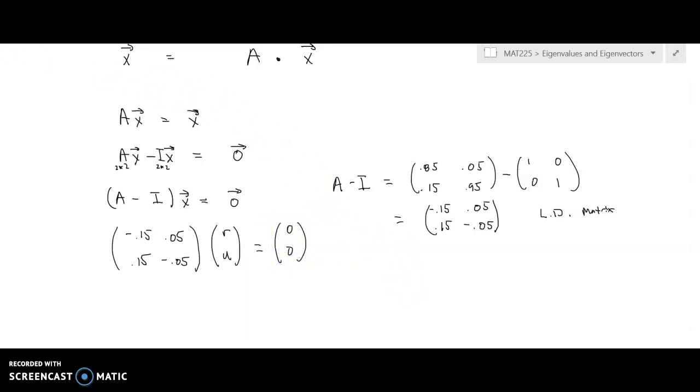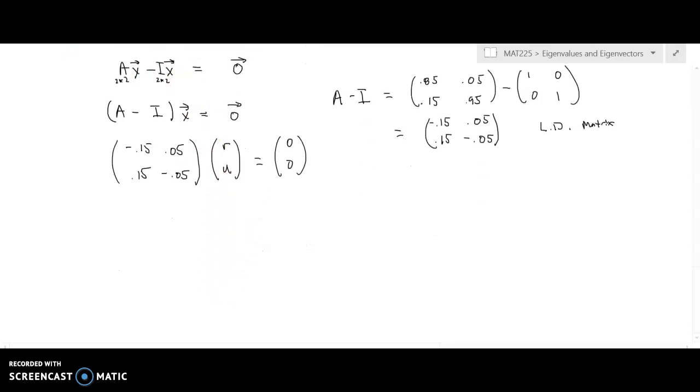So I've got a perfect system of equations here. I can now solve this by doing Gaussian elimination. So negative 0.15, 0.05, 0.15 and negative 0.05, and then augment it with the 0, 0 vector, and then perform reduced row echelon